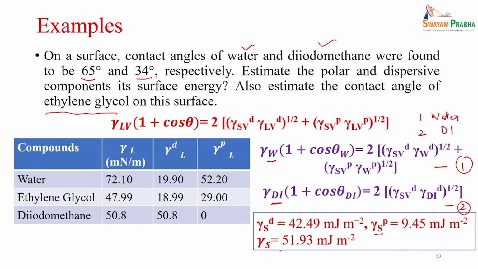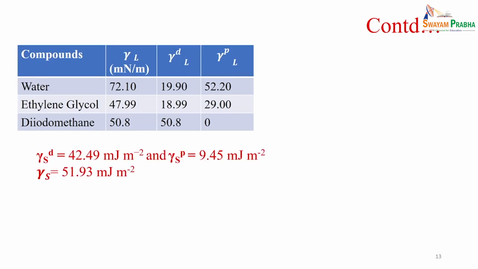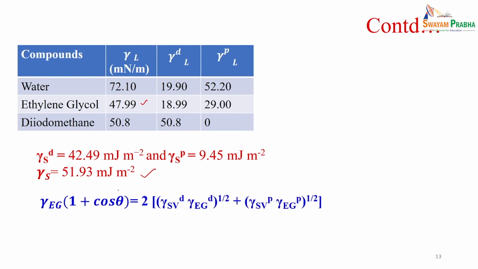Now, once this surface energy of the solid is known, what we have to again calculate is the contact angle of another liquid. Here the surface energy of the liquid is known, so gamma SV is known, gamma LV is known, and we can easily calculate the contact angle. For the liquid gamma LV is known, for the solid gamma SV is known, and their polar and dispersive components are also known. So, in the same equation here the value of cos theta we have to estimate. The dispersive component of the surface, dispersive component of ethylene glycol, polar component of the surface and polar component of ethylene glycol are known. So, if you put in the values you will get the value of theta, which is coming out to be 29